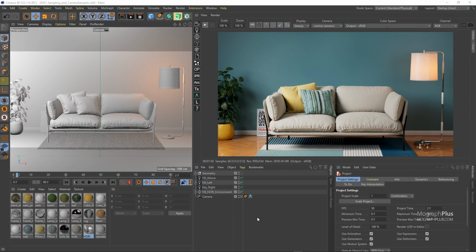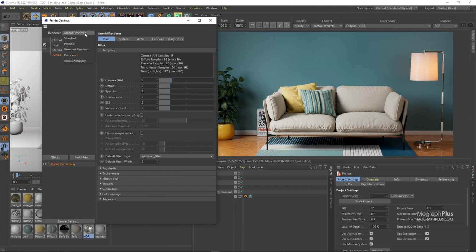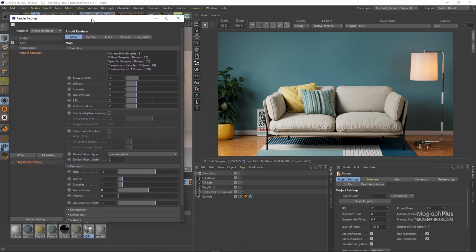In this lesson, we talk about sampling and camera samples, basically what is sampling and how it works. So first of all, let's open up our render setting window and set Arnold as our render engine. And in the main tab, we can see the sampling section. As we know, Arnold is a ray tracing renderer, and sampling and ray depth are the very core of Arnold